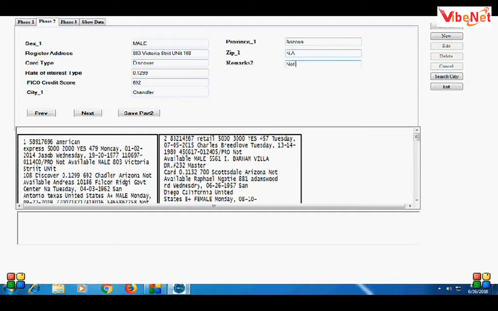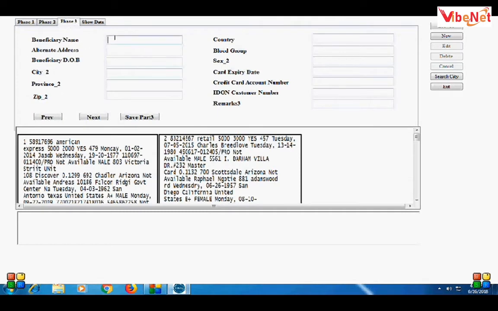Second phase is also almost completed. Now after filling second phase, you need to click on that option save part 2, and after saving it, you need to click on the option phase 3. And here is the phase 3, and now you need to fill all these fields accordingly to the image given below.